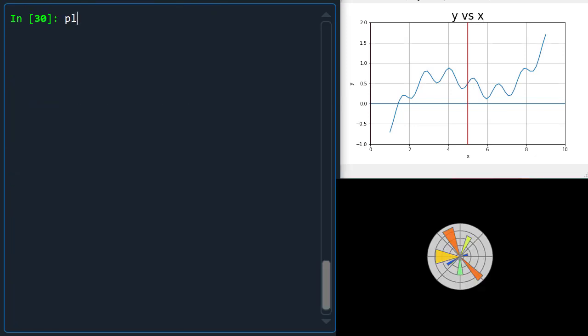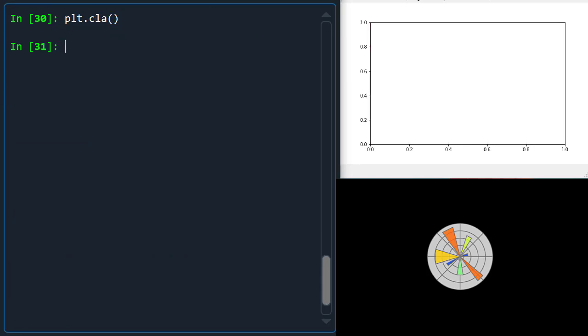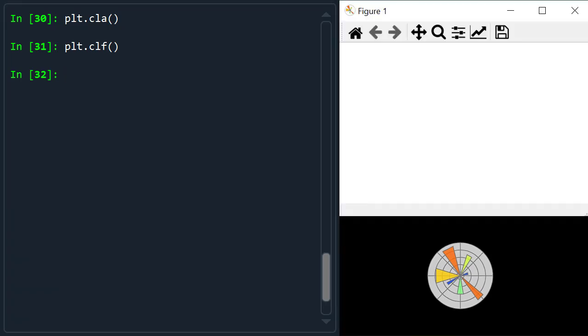Now let's clear the graph with the clear axes function, cla. This clears what is drawn on the graph area but leaves the axes. To clear the figure completely, use the function clf. A figure is a drawing region that can have one or more panels called axes. A new figure is created automatically as figure 1 when a plot is done, but a blank figure can be